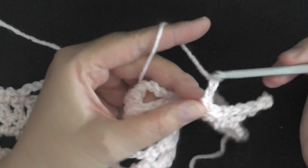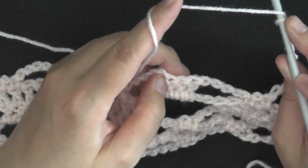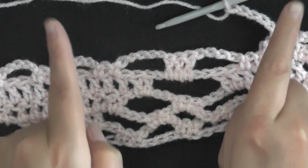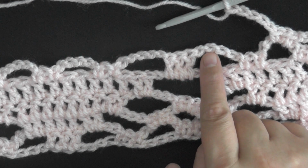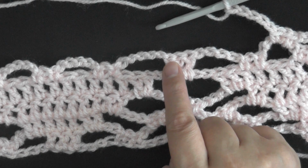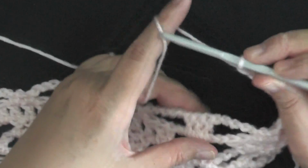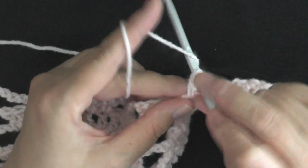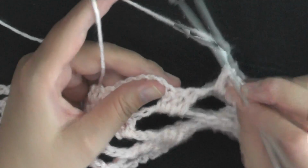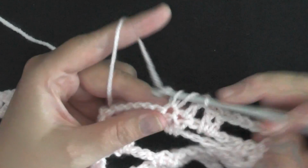And as always, you're going to chain 5 right after. And then we're going to skip over to here. We're going to start expanding now. So we're going to be doing 2 double crochets worked in this chain 5 space, and then 1 double crochet worked in the next 3 double crochets, and then again 2 double crochets worked in the next chain 5 space. So let's do that. Putting 2 double crochets on our first chain of 5, then working 1 double crochet in the next 3 double crochets,